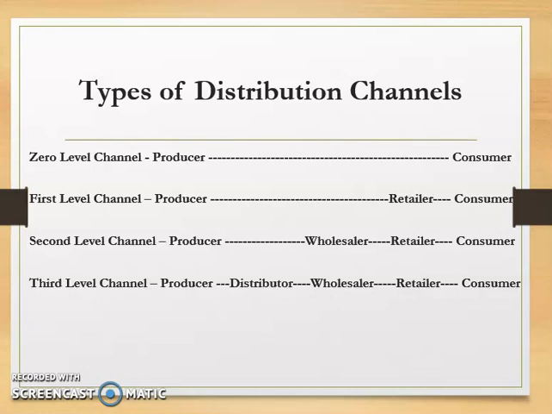So if I talk about the third level channel, that will have three intermediaries to engage the product. The storing cost will be there, then the agent cost will also be there, and facilitating that process to purchase or sell the product, they have to find the supplier in terms of wholesalers at a reasonable cost, and they have to find the retailer. The wholesaler should find a retailer at a reasonable cost. They should also earn profit. All these things will also be charged.